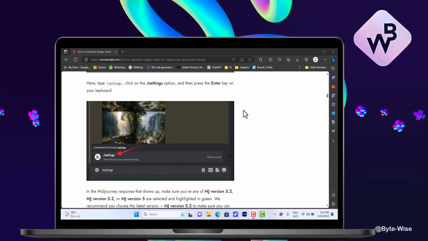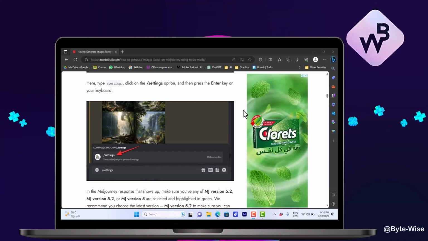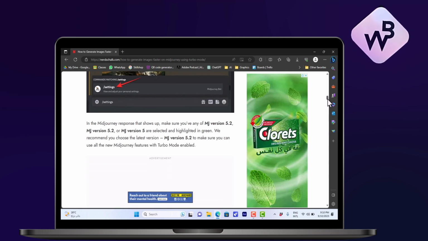What's up everyone, in this video I'll show you how to control or increase your image generation speed on Midjourney using what is called the turbo mode. So in Midjourney you want to type in the prompt space here /settings to access the settings in Midjourney, and